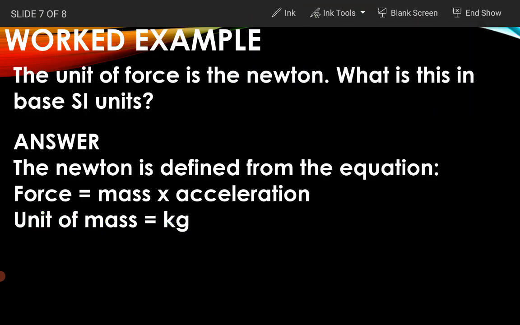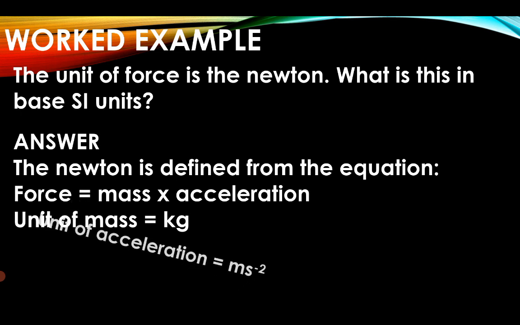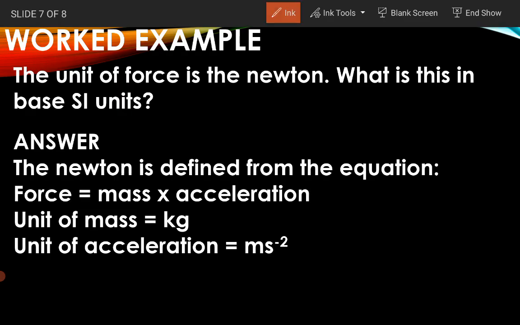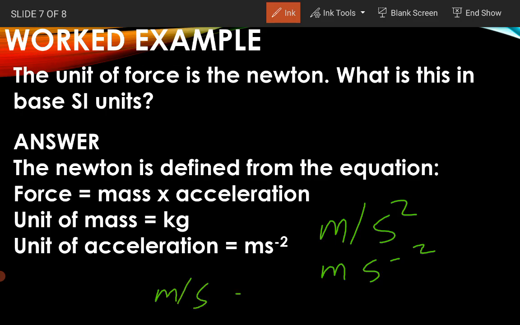All right, from the previous table slides, that mass is in kilograms, and we also know from somewhere that acceleration is in meters per second square. Be familiar with the different ways of writing per second square. You can write this as m stroke s to the power 2, or if you don't want to do that, you can simply say m s to the power minus 2. Similarly, if you want to say meter per second, you can write like this, but you can also write m s to the power minus 1.